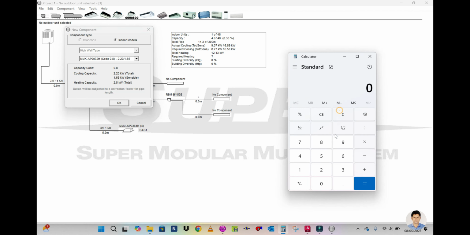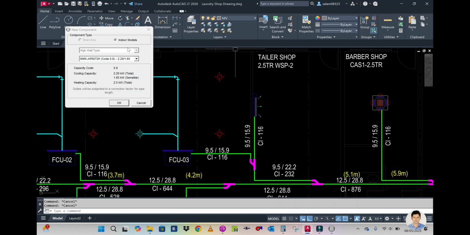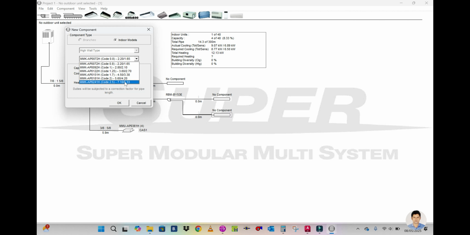So what will be the kilowatt? 2.5 into 3.51. The kilowatt is 8.7. So you have to select the machine here. You can see the maximum cooling capacity given in this software is 7.1 kilowatt only. So in this case you have to place two machines, or you can go for